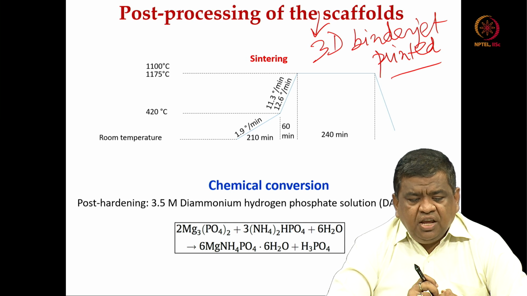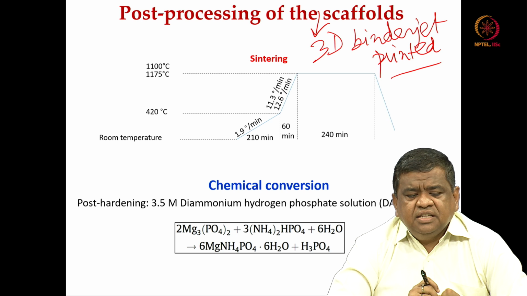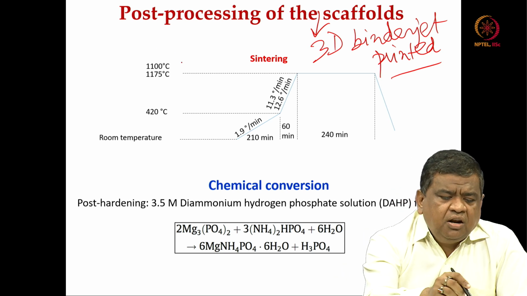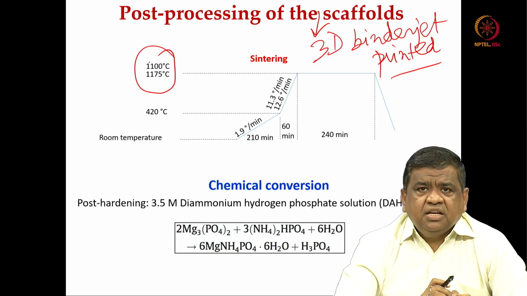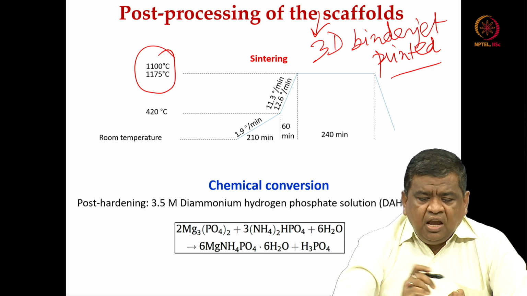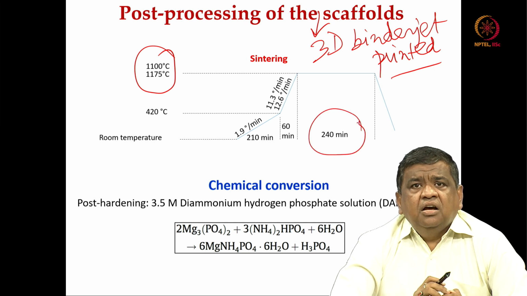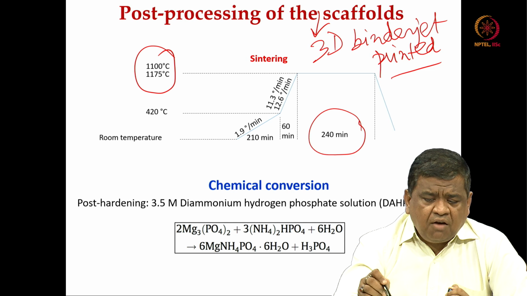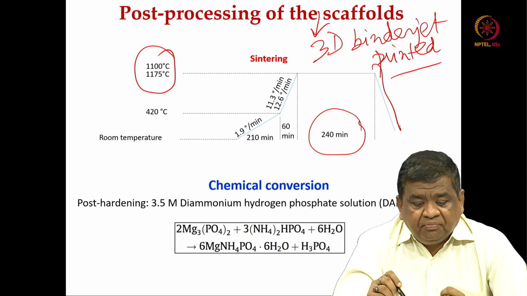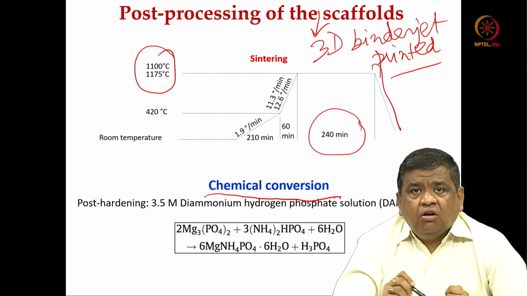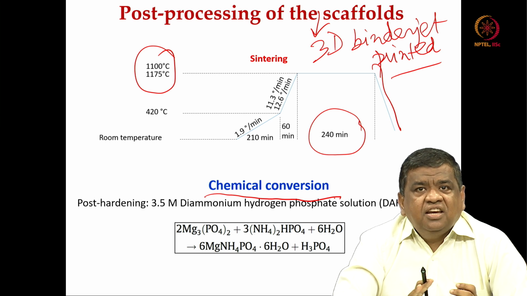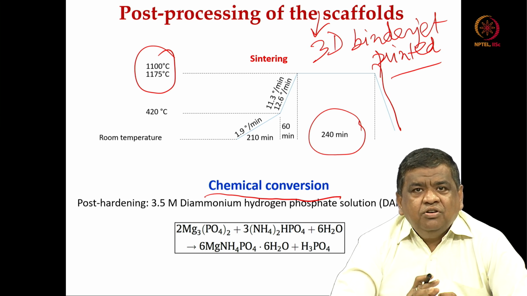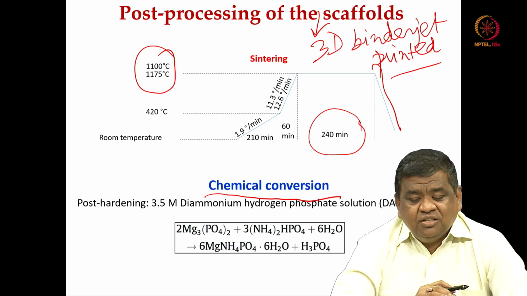In case of sintering, the temperature increases from room temperature to 420 degrees Celsius, thereafter to 1100 degrees Celsius and 1175 degrees Celsius in case of full sintering. At the high temperature, these inkjet or binder jet printed structures were held for 4 hours, 240 minutes, and after that cooled. This is one kind of treatment. Another kind of treatment is what we call chemical conversion. It does not apply any heat, but